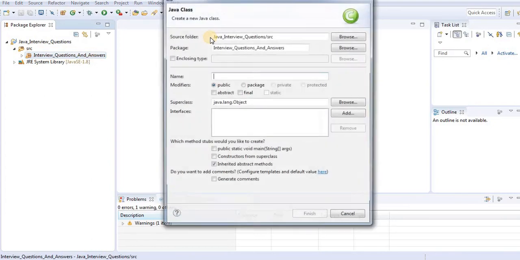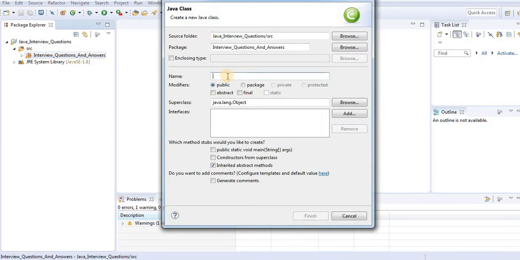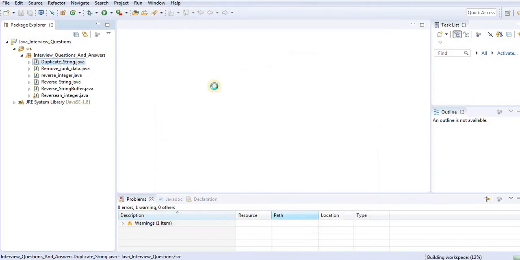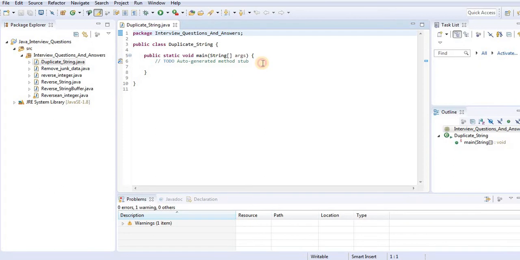In this place just write your class name, that is DuplicateString. Click on public static void main(String[] args), then click on Finish, and you will get your class and main method for writing the code.